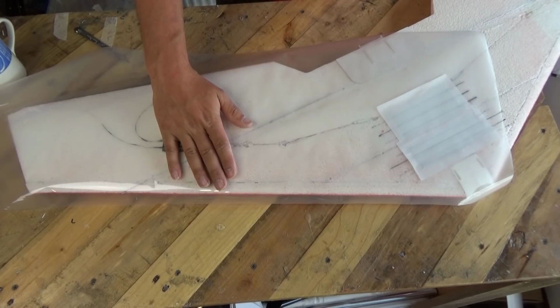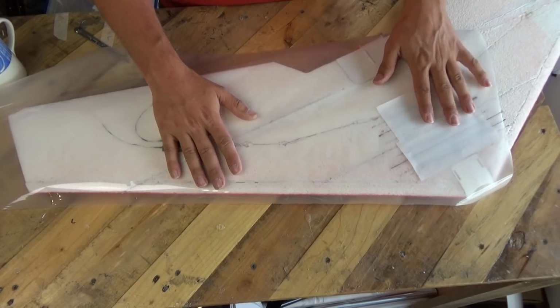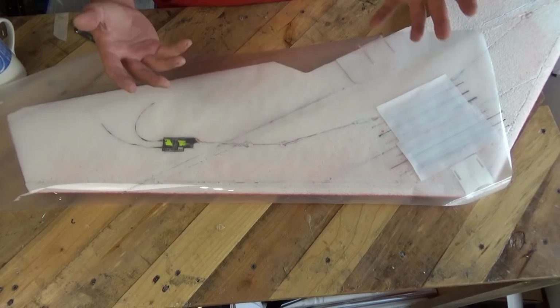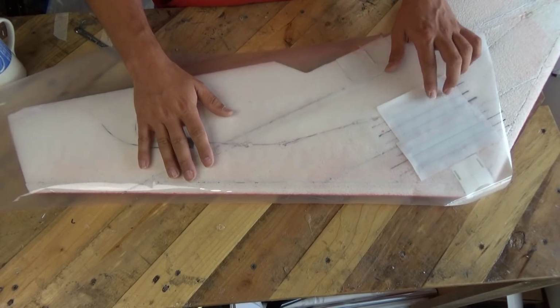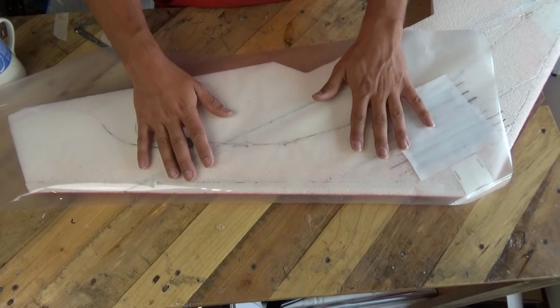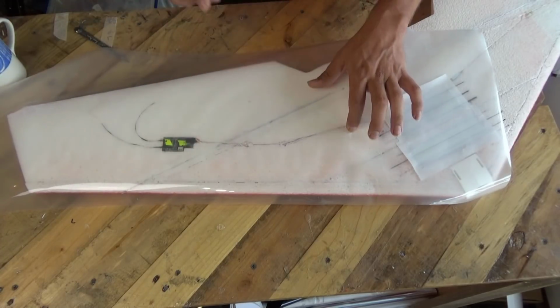Right. The other thing which I need to point out is that normally what you do is any features first. Now, to be honest, this wing is pretty much featureless. The only thing which we need to do separately in a minute is the motor mount, which is on the top. Now if we were doing a different model, let me just go and see if I can grab one